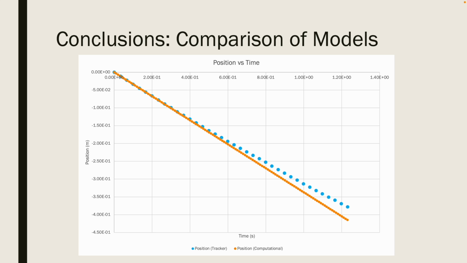So comparing the models, we can see that this orange line from the computational model in GlowScript is perfectly linear right here, and we can see that the blue line right here from Tracker starts off pretty close to the computational model, but as time goes on, it definitely veers off a little bit, and that is to be expected because the model did not include forces such as friction or air resistance, and that explains why in the real life model from Tracker, the magnitude of the velocity is decreasing over time because there is that external